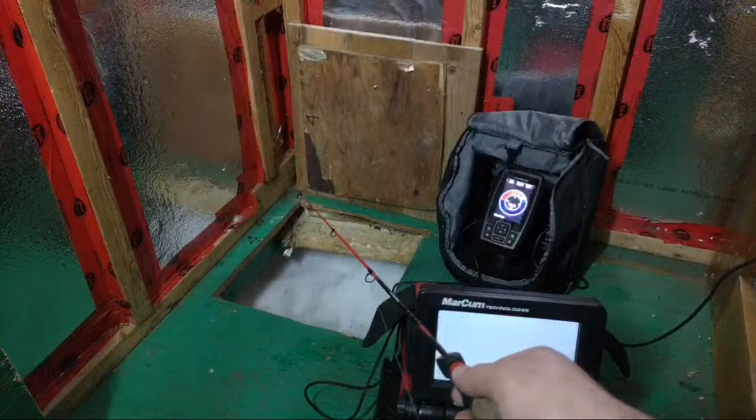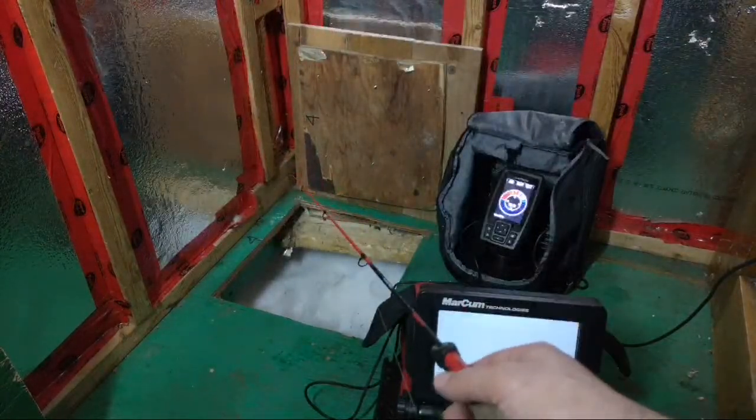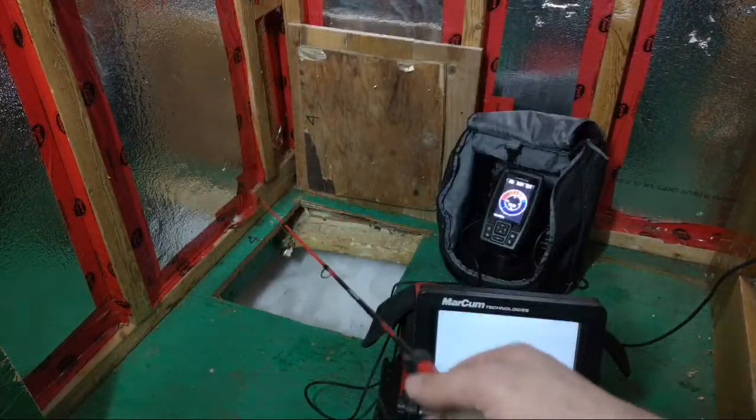Come on, one more fish here. One more perch would be great. I know we're coming to the end of the hour here. I think my next,